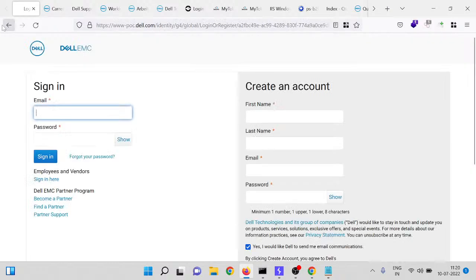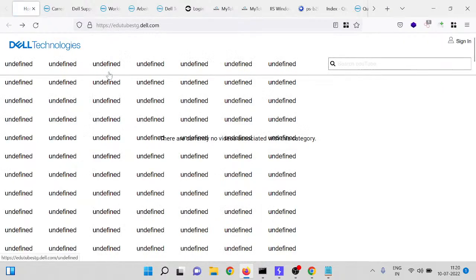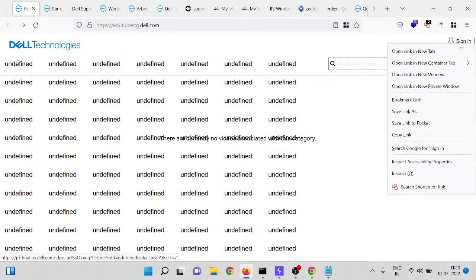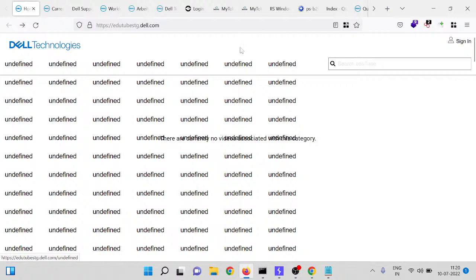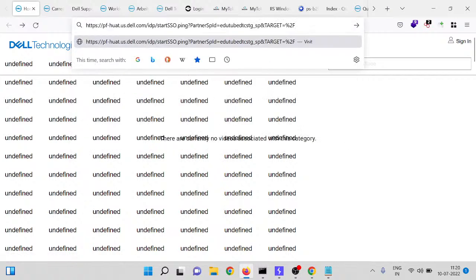Let me copy the link. So true, I am choosing this subdomain because it has the functionality of everything. Target.